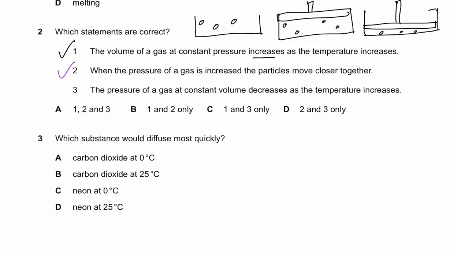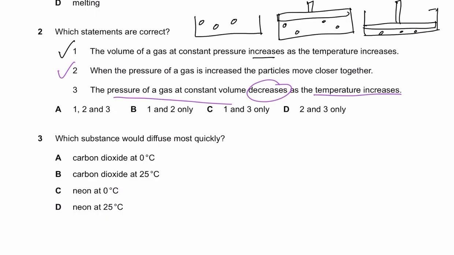If I look at 3, it says the pressure of a gas at constant volume decreases as the temperature increases. So they're saying temperature increases but the pressure of the gas is decreasing. That's not the case, because if you're increasing the temperature at a constant volume, the gas particles gain kinetic energy, they collide with each other and the walls of the container more frequently, therefore exerting more pressure, because pressure is force per unit area. The more frequently they collide, the more force they exert